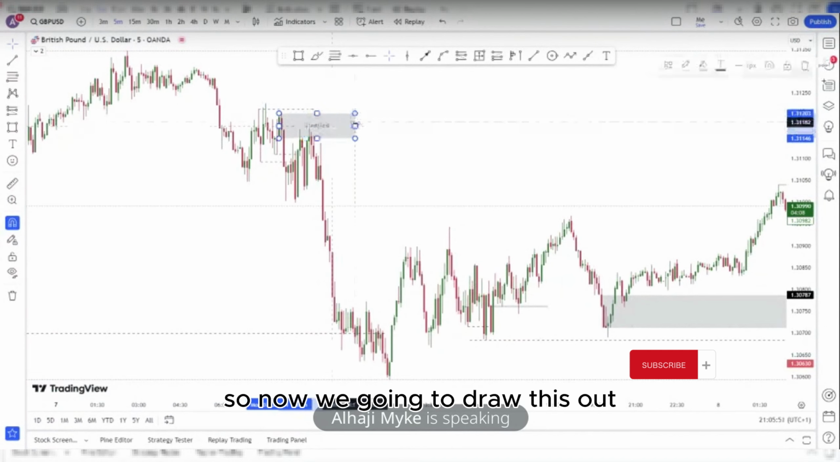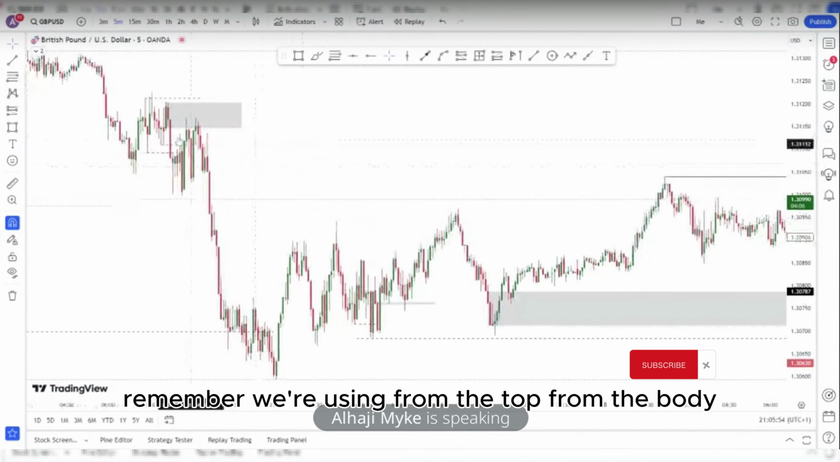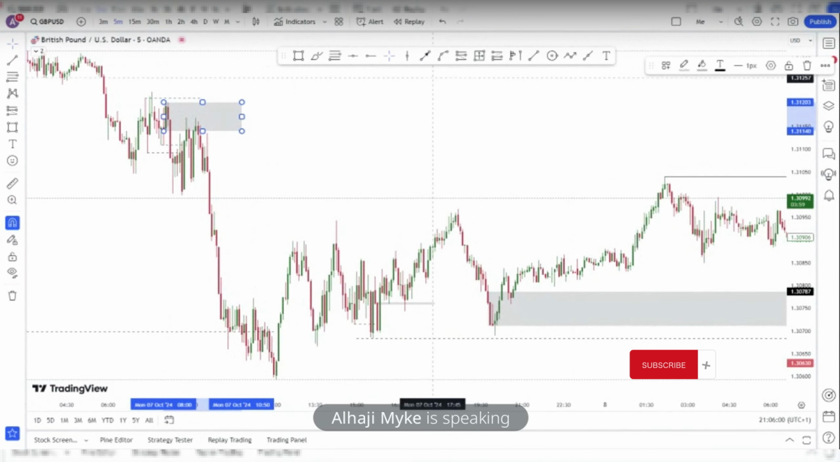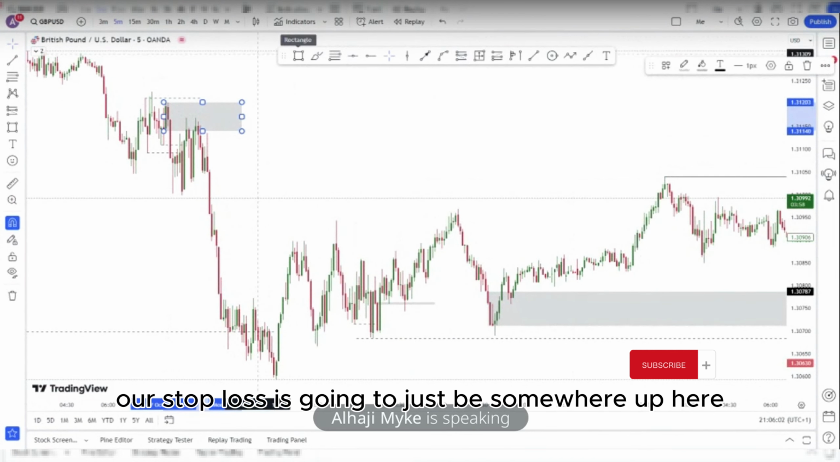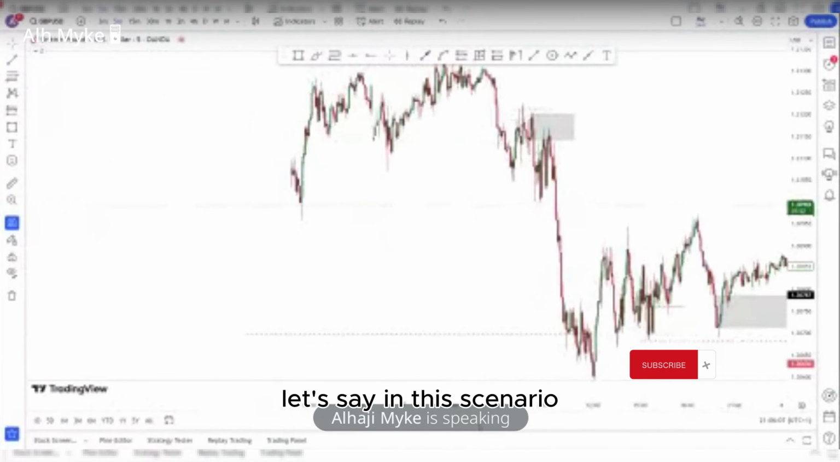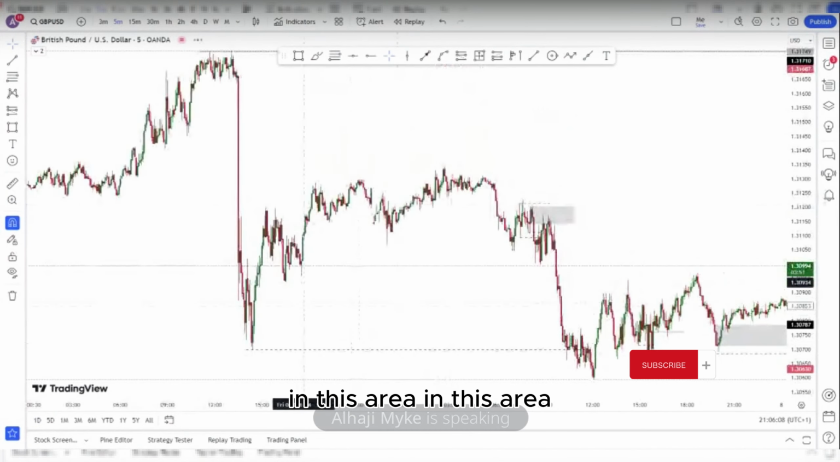So now we're going to draw this out. Remember, we're using from the top, from the body of this candle here to the high here, as our order block. Our stop loss is going to be somewhere up here, and our take profit would be, let's say, in this scenario,